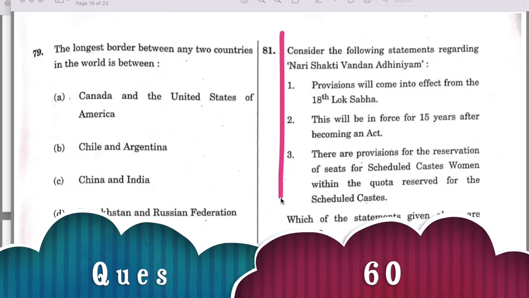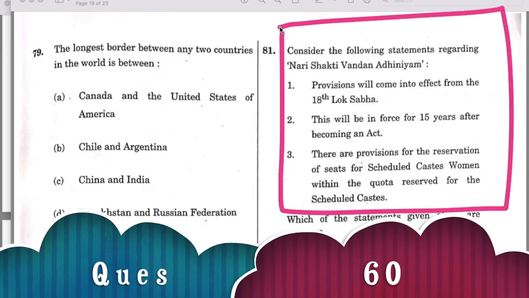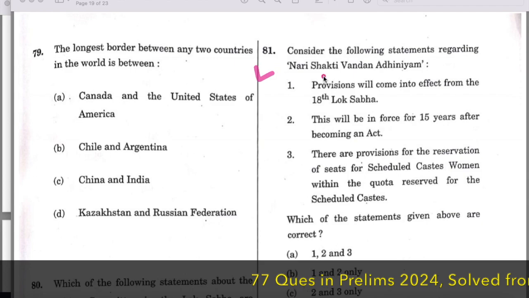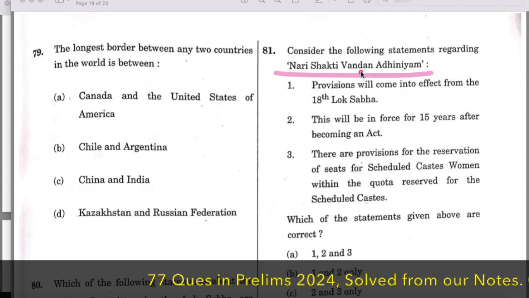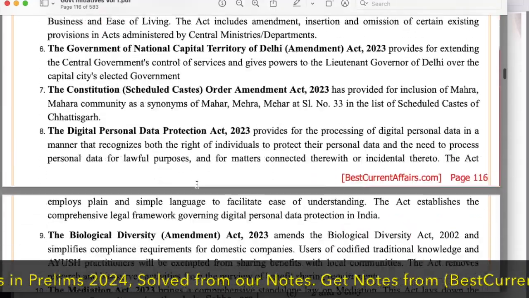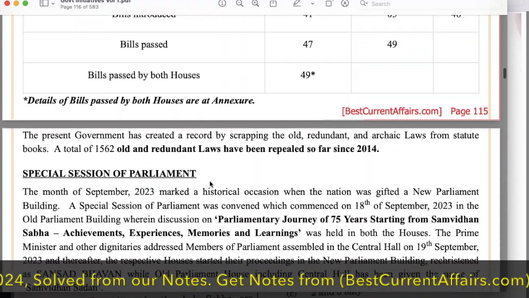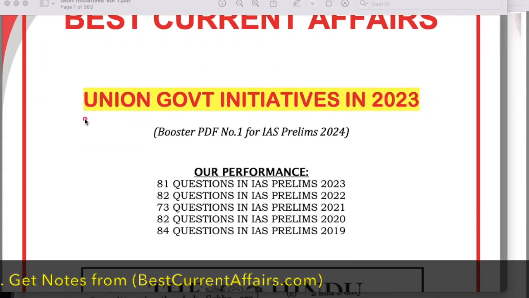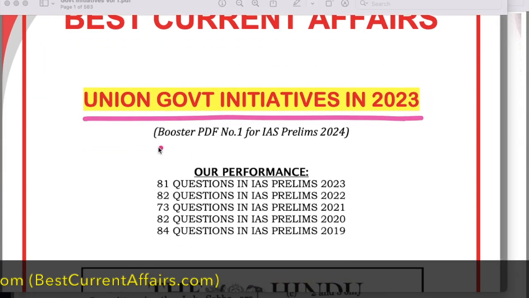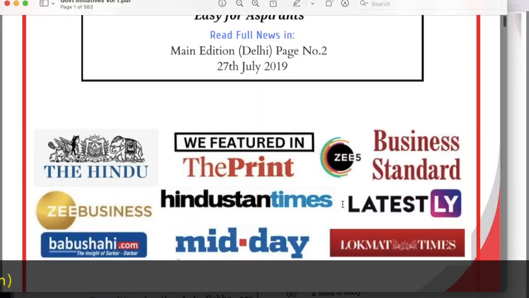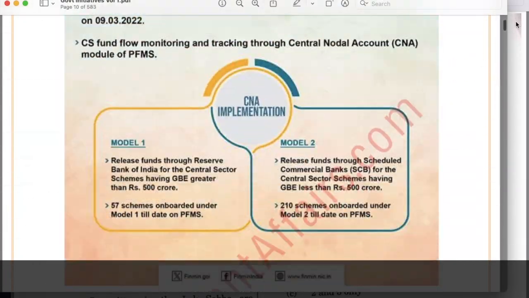Next question: consider the following statements regarding the Nari Shakti Vandan Adhiniyam. It is basically a women's reservation bill that was passed by the parliament. Now first check its name, Nari Shakti Vandan Adhiniyam. This is our booster PDF number 1. See, this is our Union Government and Initiatives in 2023 booster PDF number 1 for IAS Prelims 2024. On its page number 115, you can see